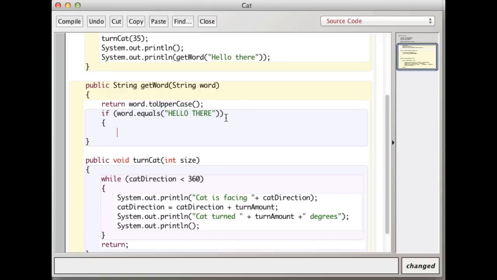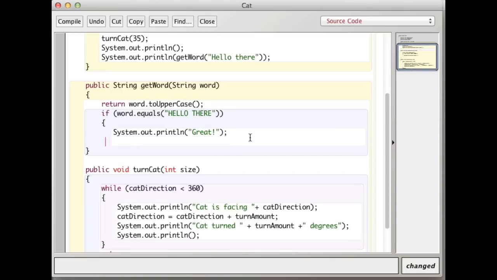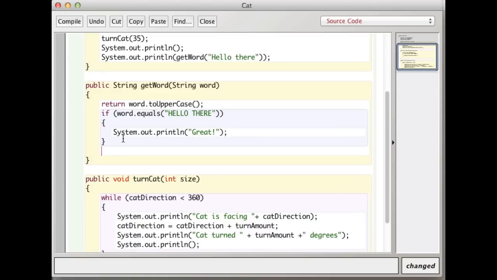So we'll say, oh, I thought I might have had a System.out.println stored. I don't, so I'll go get one quickly. Println, great. Okay, and close the brace. And if I had something that I wanted to happen if that weren't true, then I could do else